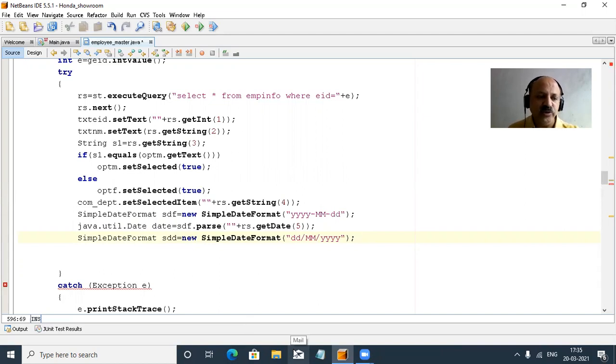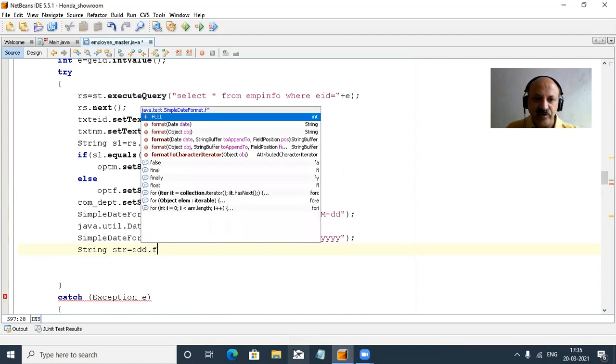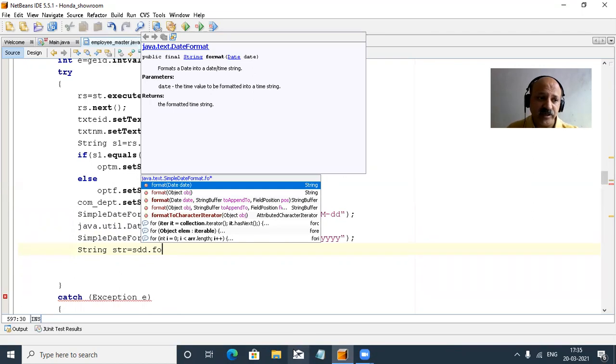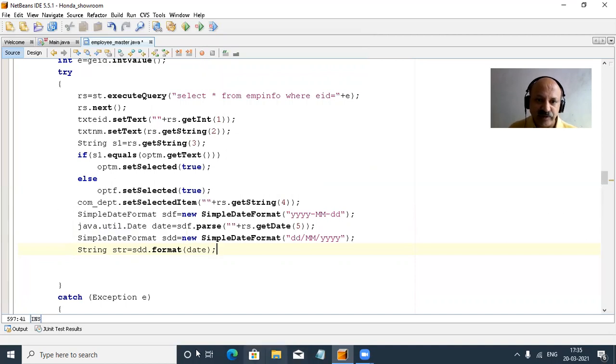Now what to do? Here we take one string variable, and I give it the name str, string or any name, and SDD. So SDD, and one format method is there, format. So we pass our date variable. Which date? Yes, here you can look, the one we took from our utility Date class, and we pass that to the string.